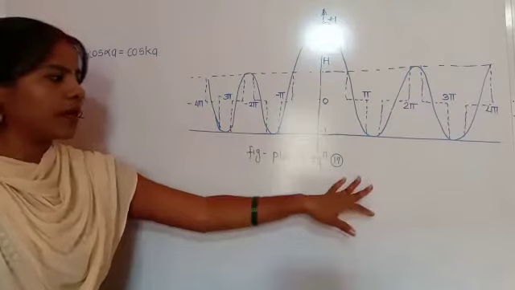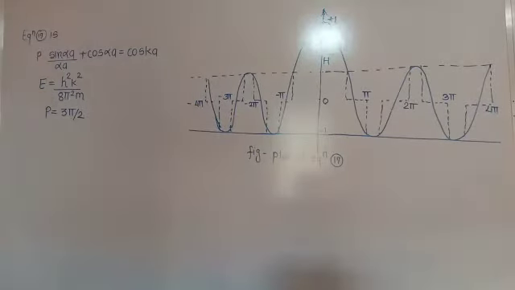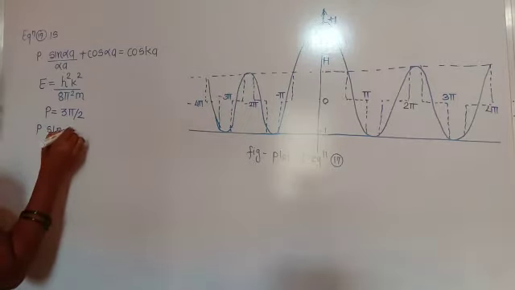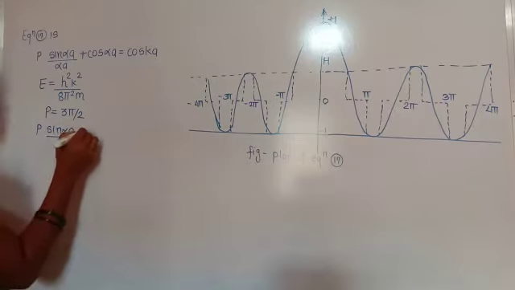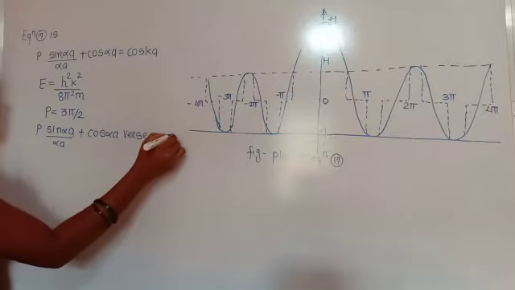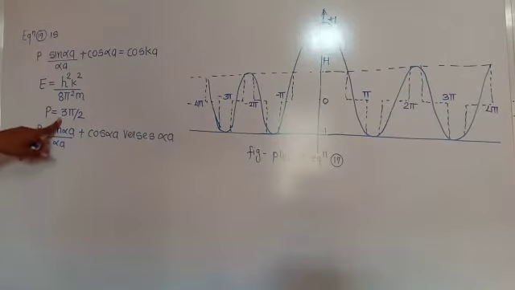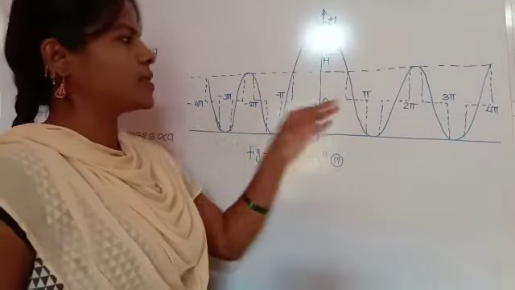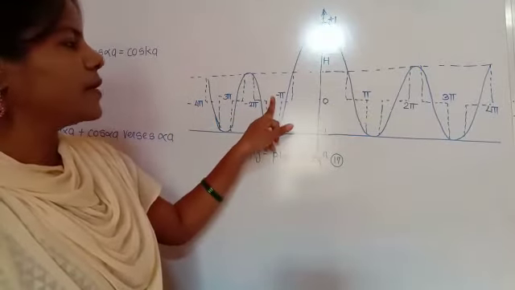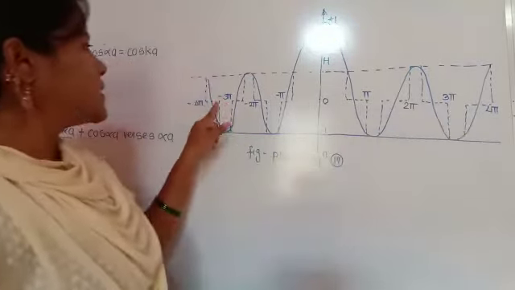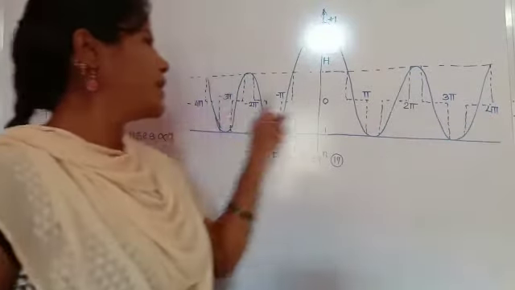This is the plot of equation 17, that is P sin αa divided by αa plus cos αa versus αa for the value P equal to 3 pi by 2. So we get the curve shown in this figure. This is the first interval, pi and minus pi, because these are both sides. This is the pi interval, this is the minus pi interval, this is twice pi, minus twice pi, thrice pi, minus thrice pi, and 4 pi and minus 4 pi.